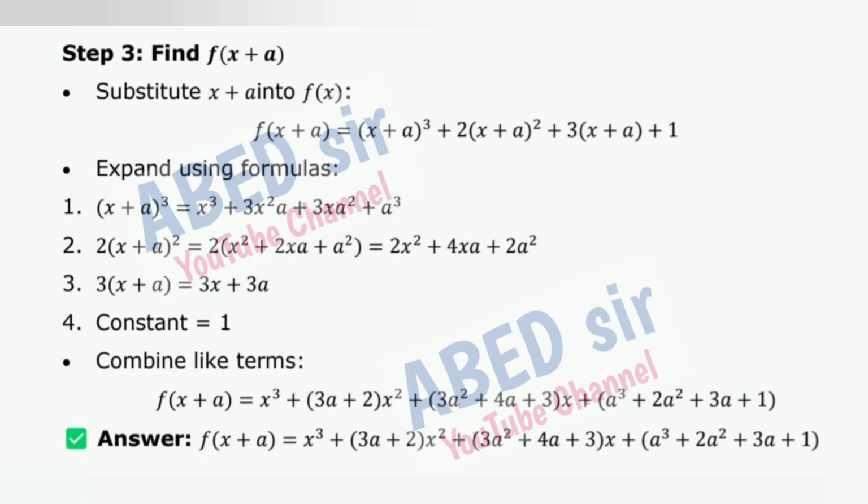Step 3. Find f(x+a). Substitute x+a into f(x). Expand using formulas. Constant is equal to 1. Combine like terms. Answer: f(x+a) is equal to